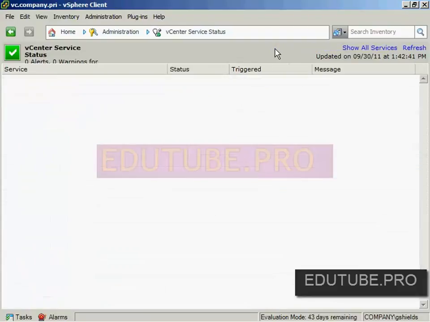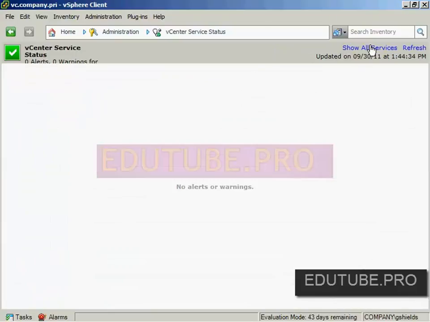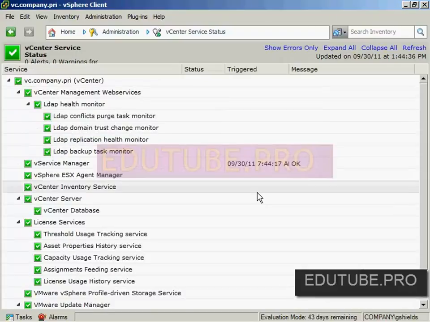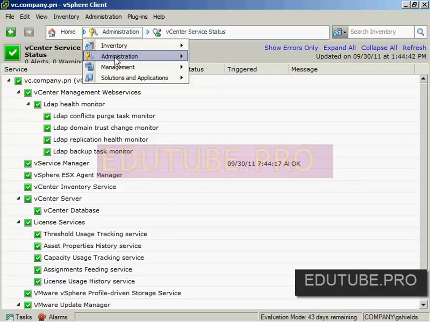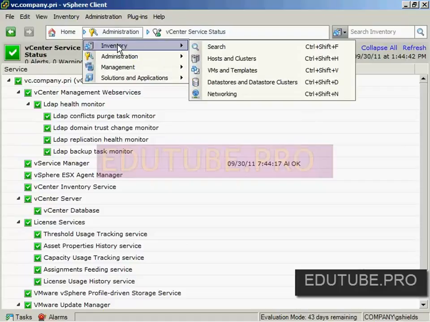If you want to just show errors, you can click that and see the errors. But if you want to be confirmed that all the services are working just fine, you can click that there as well. These run every so often. You can click the refresh button to rerun it if you want. But this gives you that nice warm fuzzy that your vCenter environment is all healthy, right? Now, as I said, this is just for the vCenter piece. There's also another